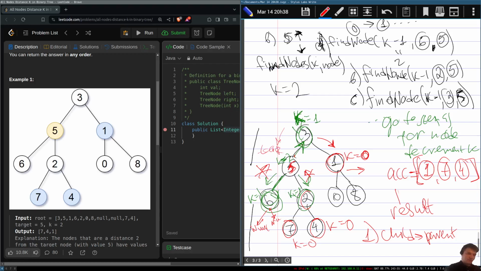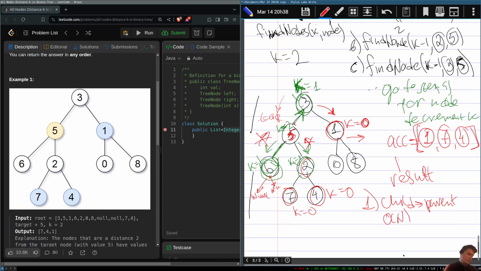I only need to go to the parent until I reach the target. So child to parent, it's going to be at worst O(n),